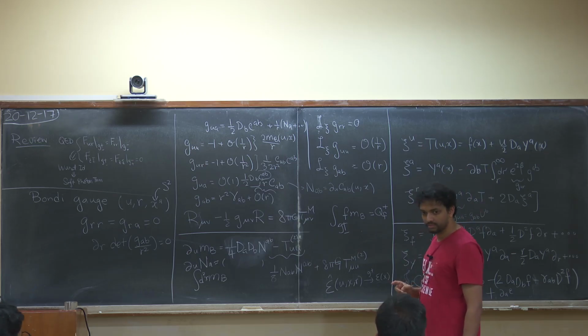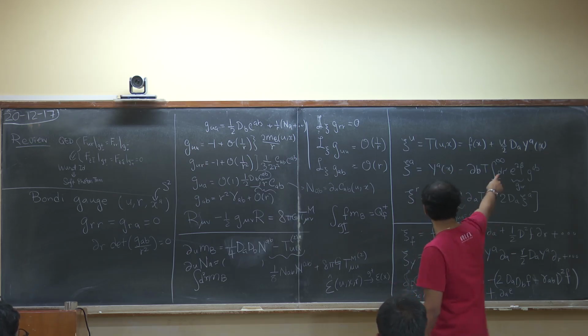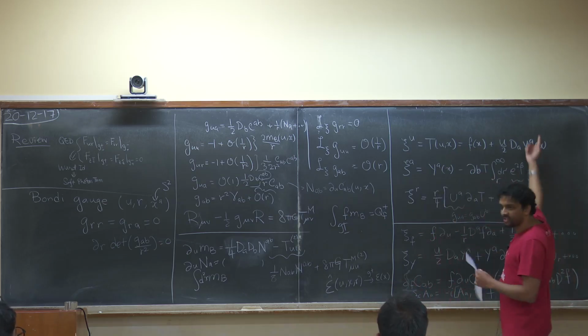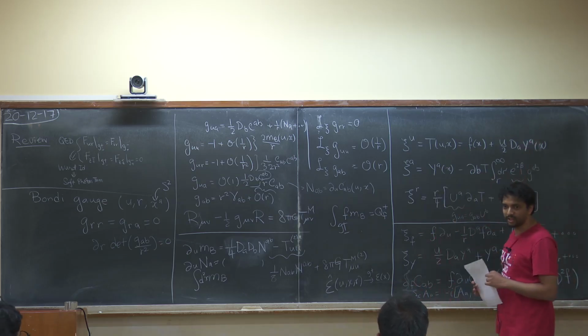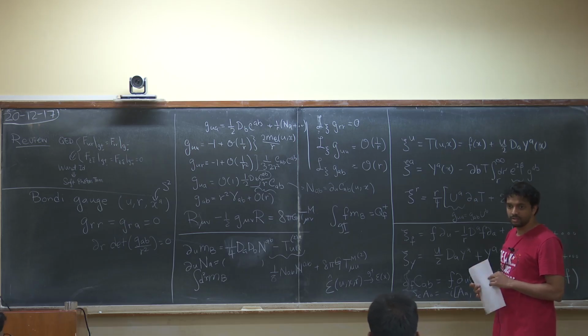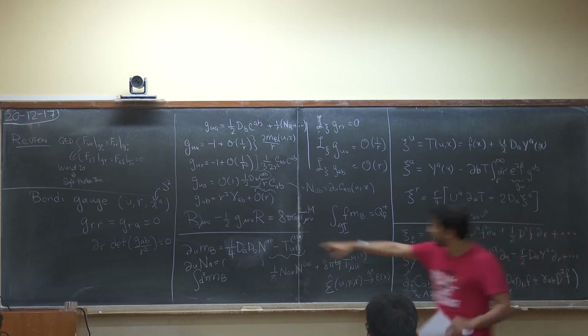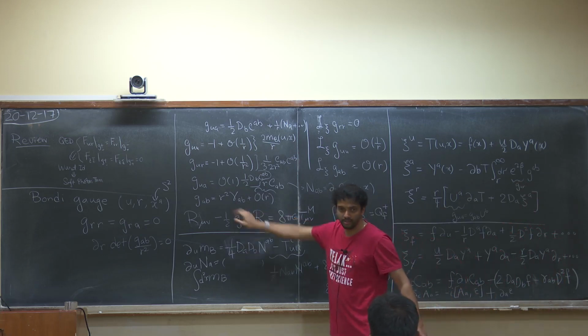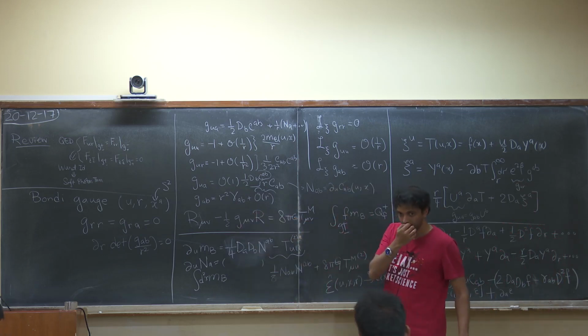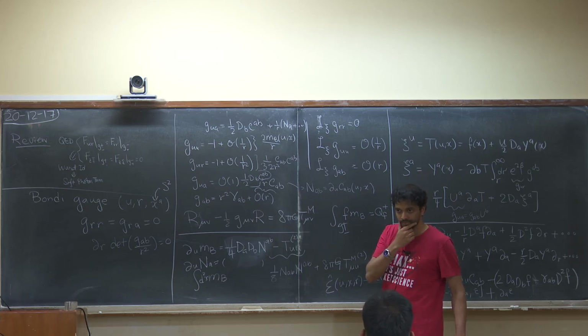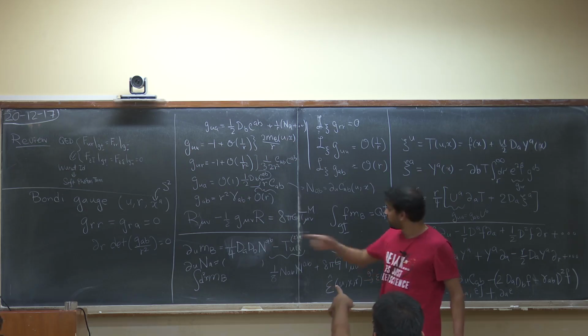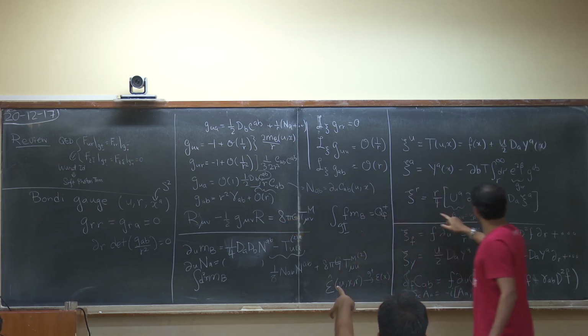What comes out of the conformal Killing vector? No, Y is a conformal Killing vector. The Y satisfies the conformal Killing vector equation. This is the conformal Killing vector from the point of view of the boundary, with respect to this sphere metric gamma AB. By conformal Killing vector, I understand that after transforming it, you get the metric times some function. Yes. But this is not supposed to change.